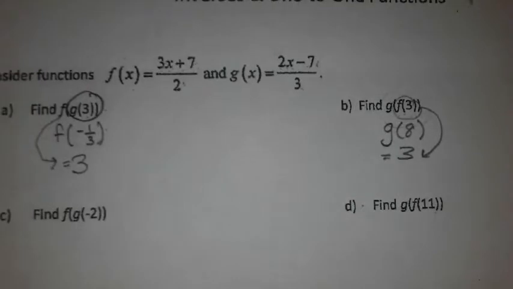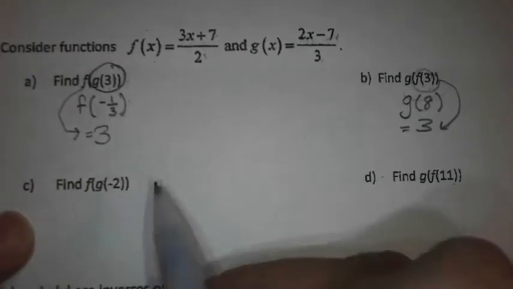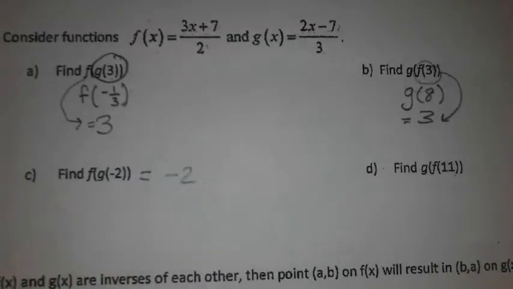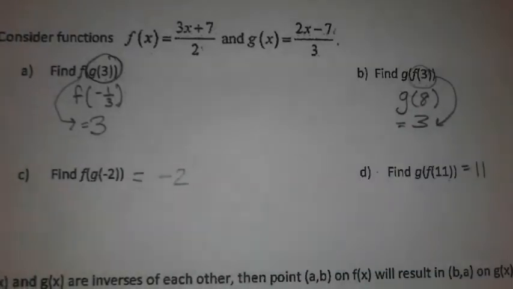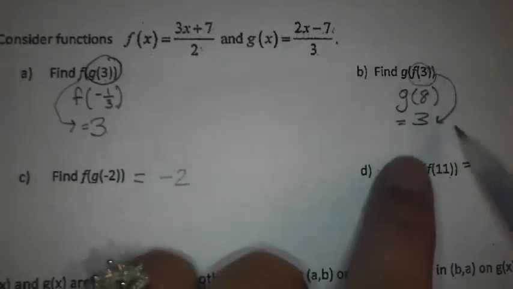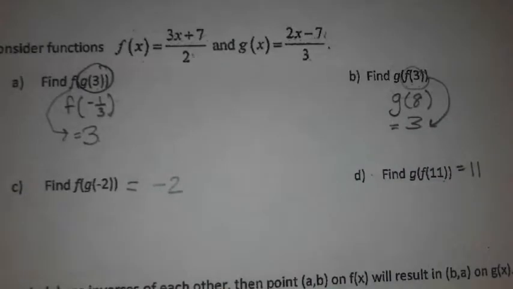So after the composition of functions, we're getting the same thing. And without doing it, I promise you that that's also going to happen for part C. So f of g of negative 2 is negative 2. And that's also going to happen for part D. Sometimes it happens in one order, f of g of 3 coincidentally, and when you flip-flopped it, it wouldn't happen again. But if it happens both ways, and over and over again, that means that these functions are inverses of each other. Meaning they're machines that